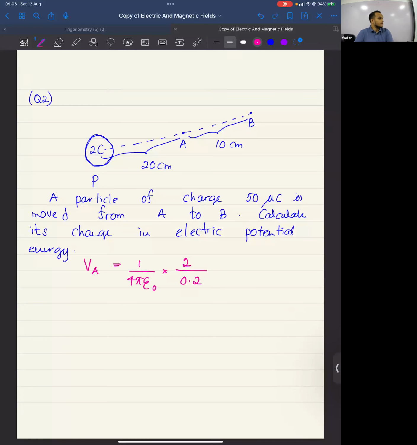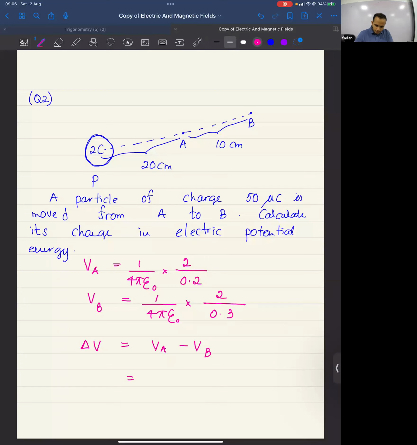Electric potential at B will be 1 over 4 pi epsilon naught times 2 over 0.3, because the distance from the 2 coulomb charge to B is 0.3 meters. Agree? So the potential difference between the 2 points, delta V, will be VA minus VB,